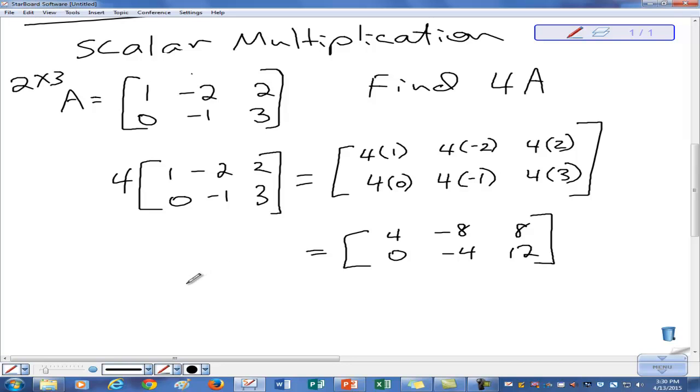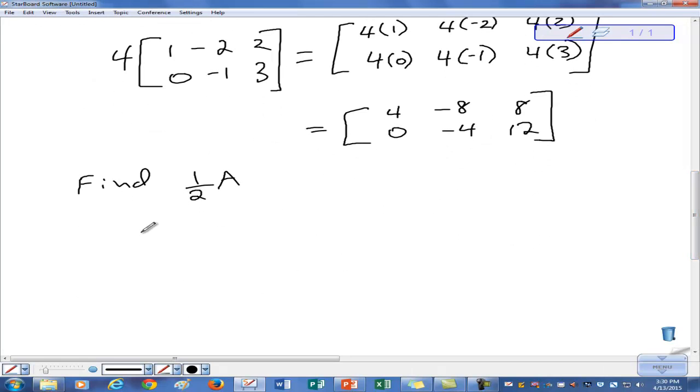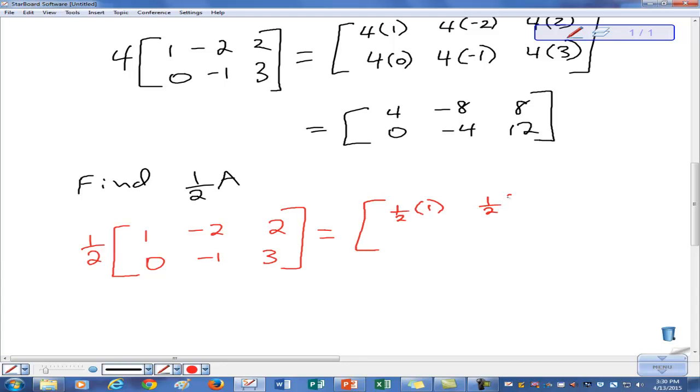So let's say that we wanted to find 1/2 A. Okay, so now again, this would be 1/2 of each one of these. This would be 1, -2, starting off with matrix A again, and then 0, negative 1, 3. Okay, so this would be 1/2 times 1, and 1/2 times negative 2, 1/2 times positive 2, 1/2 times 0, 1/2 times negative 1, 1/2 times 3, and so we end up with